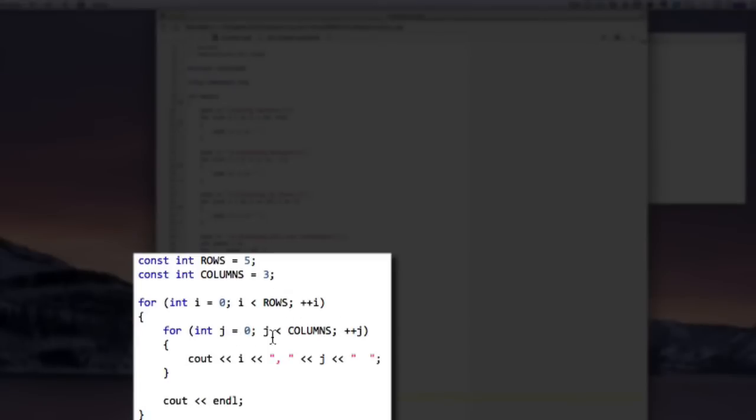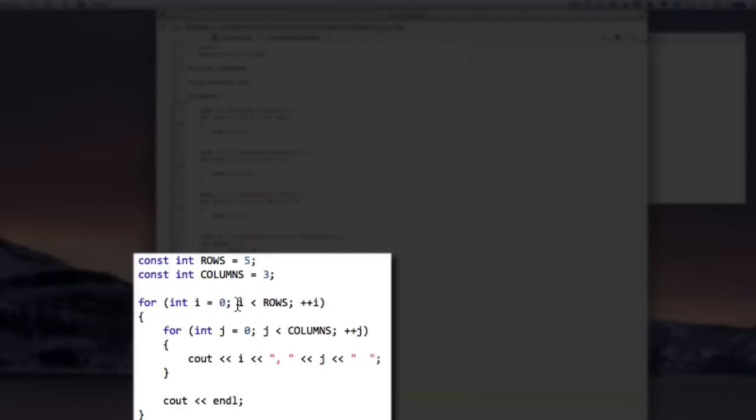So from 0 to 3, it will print the value of i, a comma, a space, and then the value of j. So what we should see is 0, comma 0, 0, comma 1, 0, comma 2. Okay, and then it'll skip to a new line,